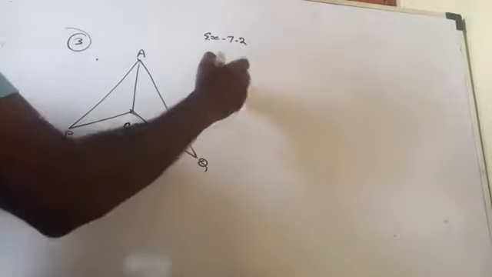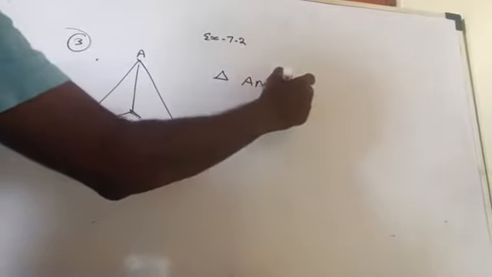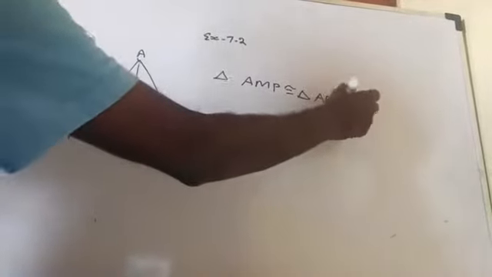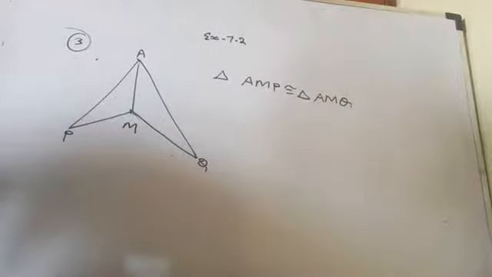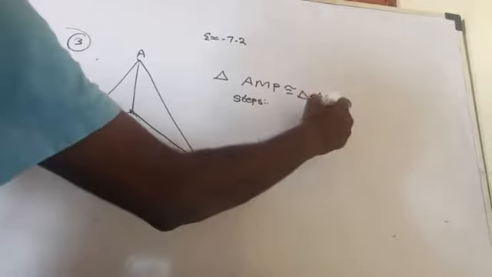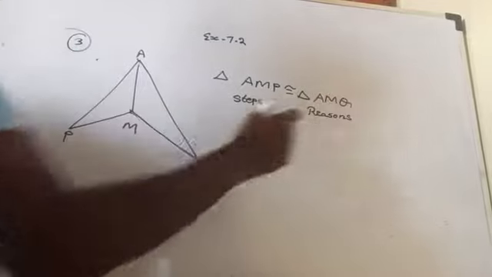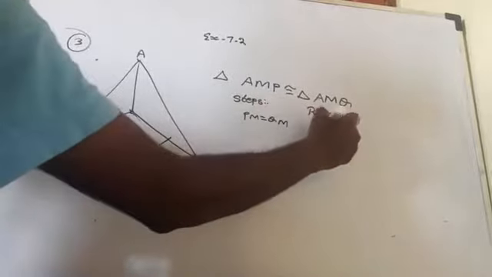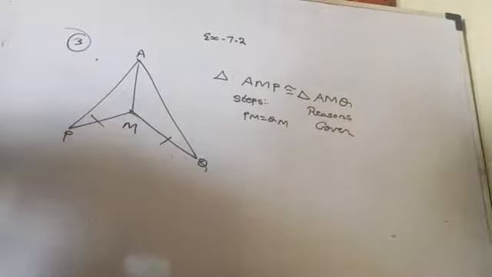Okay. Then what all is given? You have to show that triangle AMP is congruent to triangle AMQ. So PM equal to QM, it is given. The steps are given, and then you have to write down the reasons for that. Okay. So it is given that PM equal to QM. So what is the meaning? PM equal to QM is what? Given. And then angle PMA equal to angle QMA.